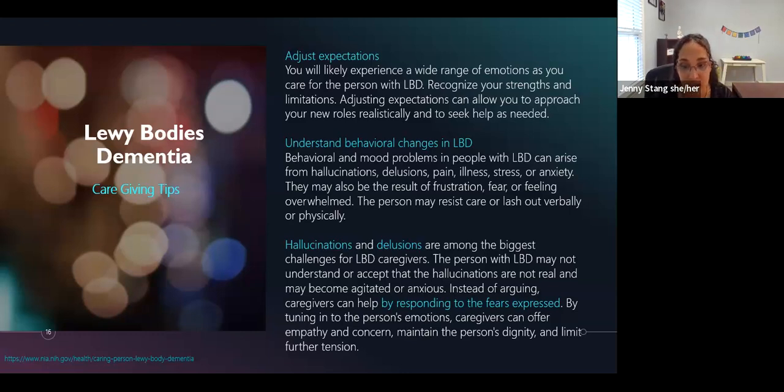A good tip would be, instead of arguing with somebody who is experiencing hallucinations, understand and accept. You can help by responding to the fears that they're expressing. So, tuning into their emotions, you can offer empathy and concern, maintain the person's dignity, and limit further tension. If you have somebody at home with Lewy body dementia and they are seeing somebody or something that is not in the room with you, instead of saying, well, no, that's not there, try to